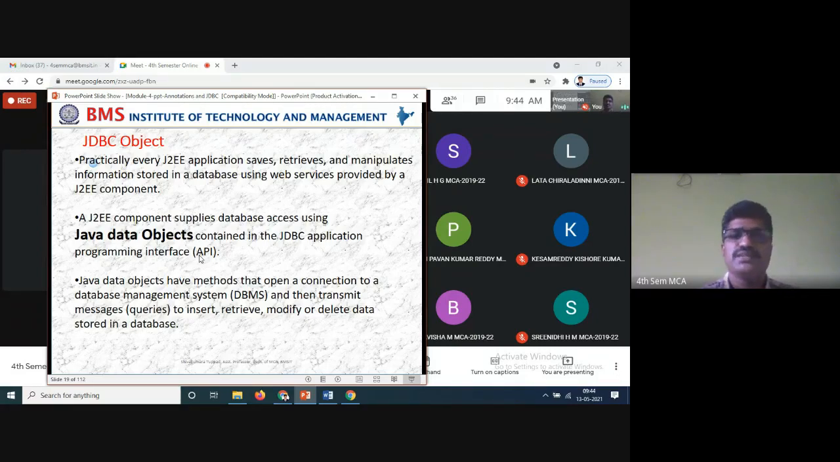One application saves, retrieves, and you can get back that information and manipulate, modify the information stored in the database using the web services. So we are doing it using the web services in this case. That's all, provided by the J2W component. So the J2W component will provide all these things. Web services, we know that. Now a J2W component